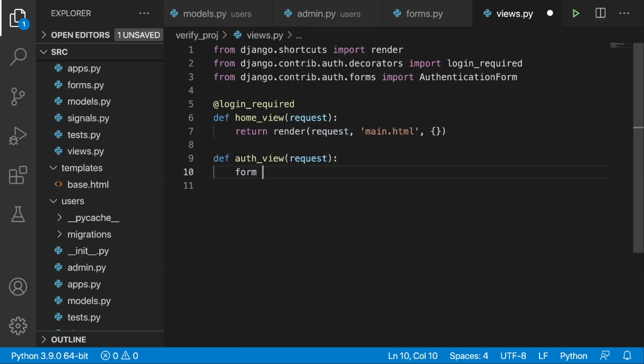And let's set a variable form equal to authentication form. All right, so we instantiated this authentication form, and right now what we need to do is check if we are dealing with a post method. So if request method is post,